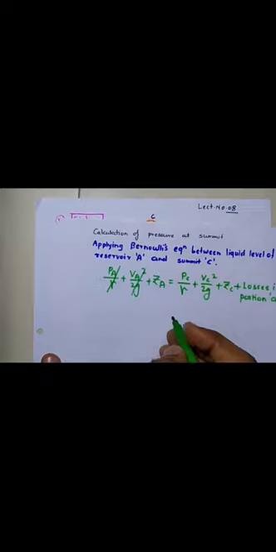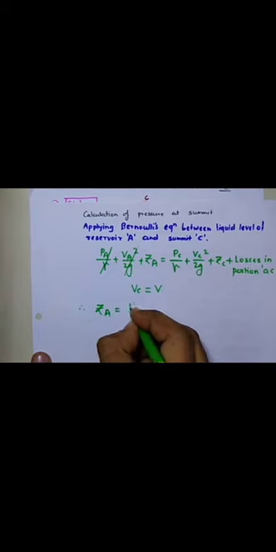Now here this will cancel out because it is atmospheric pressure value. In reservoir A, water is in stored condition, so V will be 0, and the velocity at the summit is equal to the velocity through the siphon. So therefore we have ZA value as PC upon gamma plus VC square upon 2G, V square upon 2G,